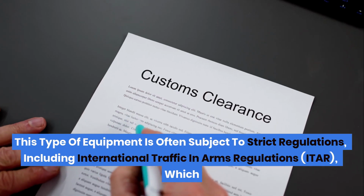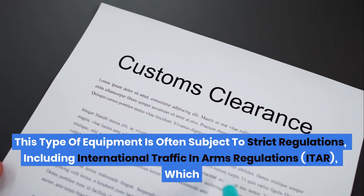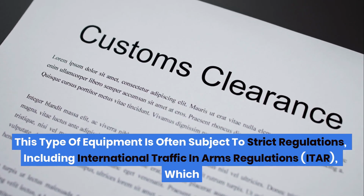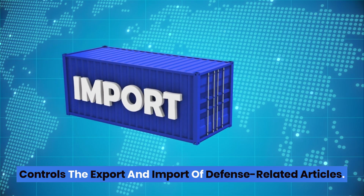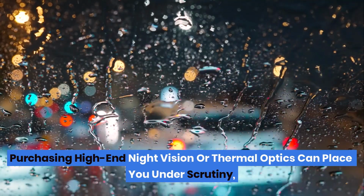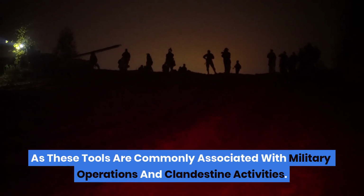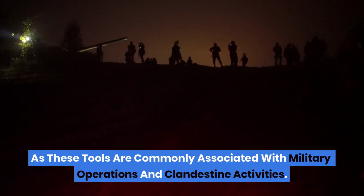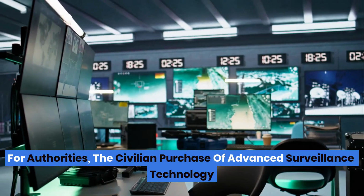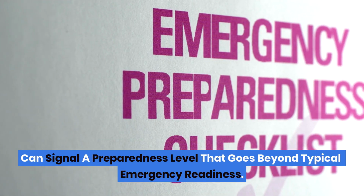agencies. This type of equipment is often subject to strict regulations, including the International Traffic in Arms Regulations (ITAR), which controls the export and import of defense-related articles. Purchasing high-end night vision or thermal optics can place you under scrutiny, as these tools are commonly associated with military operations and clandestine activities. For authorities, the civilian purchase of advanced surveillance technology can signal a preparedness level that goes